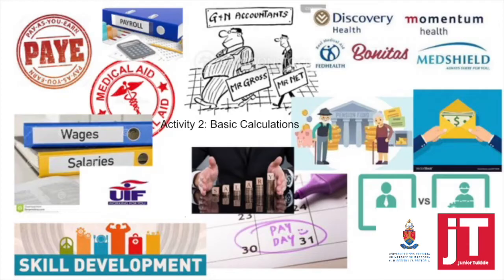Today we are going to look at the basic calculations for salaries and wages. When we earn a salary or a wage, there are certain deductions that we have to make, like you can see in the pictures here. We have to deduct skills development and UIF. If you belong to a medical aid, that needs to be deducted. SARS pay as you earn needs to be deducted. Your pension fund needs to be deducted, and then eventually, after the deductions, that is what you physically get out